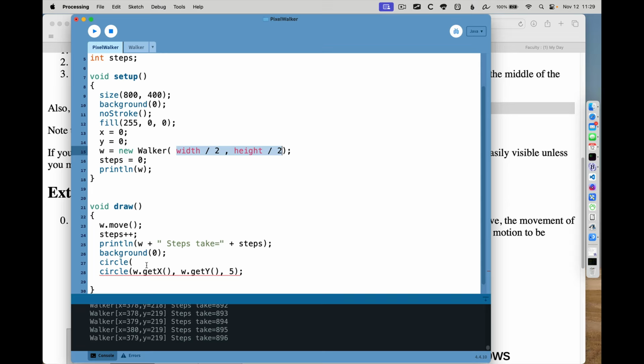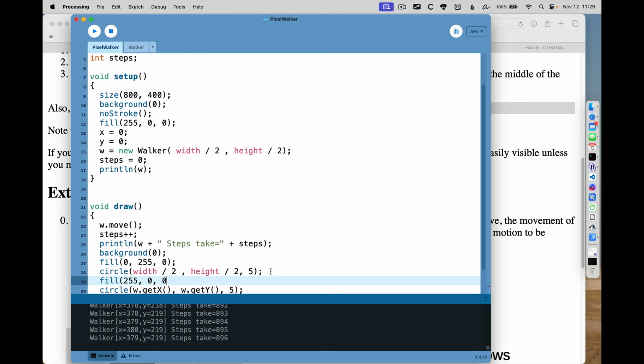I'll just copy that. I'm going to make a circle at that location with the same diameter 5, but I want to make it a different color so it doesn't get mixed up with the walker itself. So I'm going to reset the fill to 0 red, all green, and no blue. Sure, that'll work. And then I'll set it back to